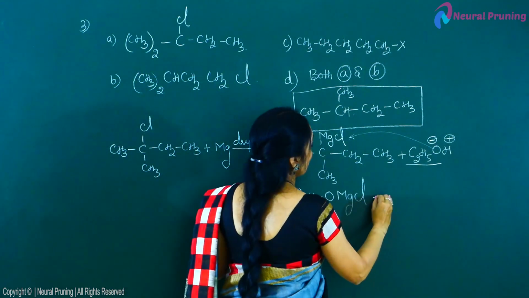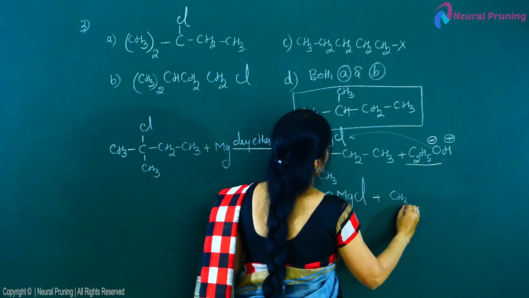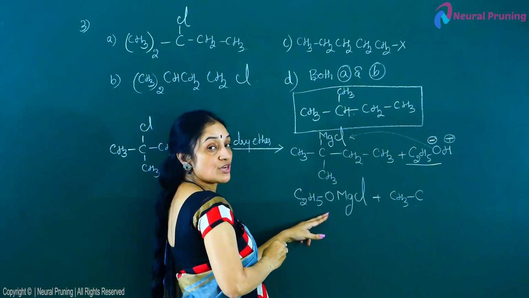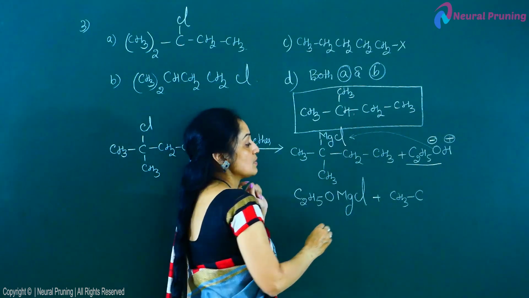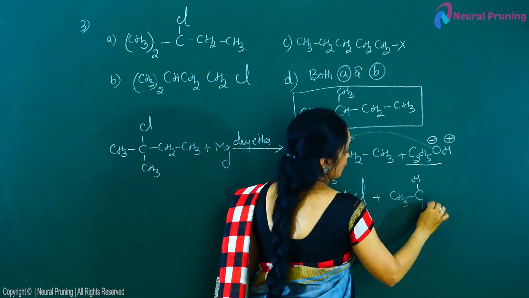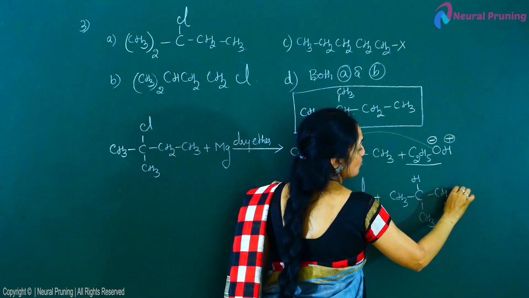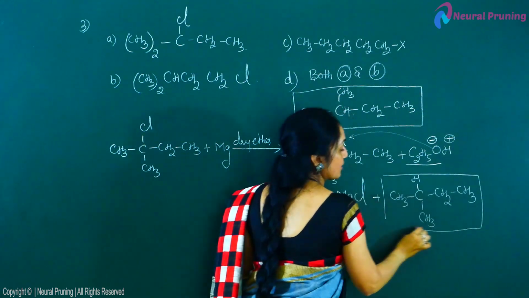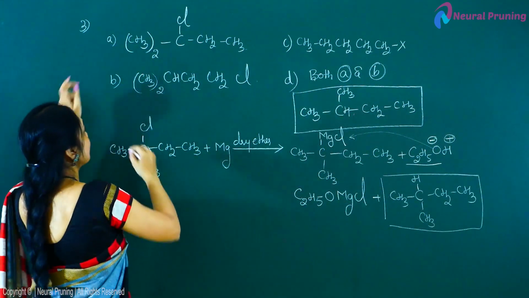And then gives me a compound that is CH3C. Since MgCl is being bonded to the C2H5O group, the H plus will be substituted here. Here we'll have hydrogen, then CH3 group, CH2 and CH3. The compound we are expected to get, I am getting it from A,